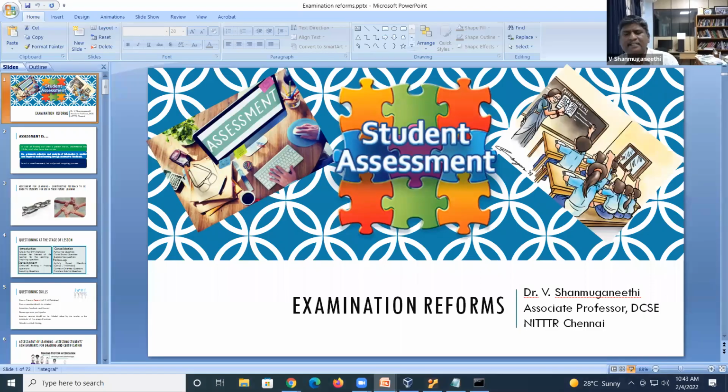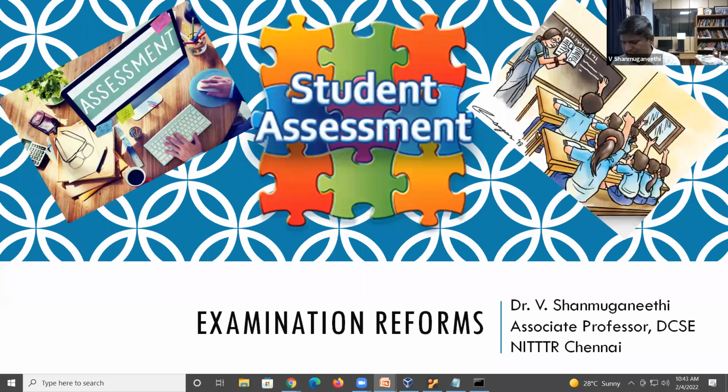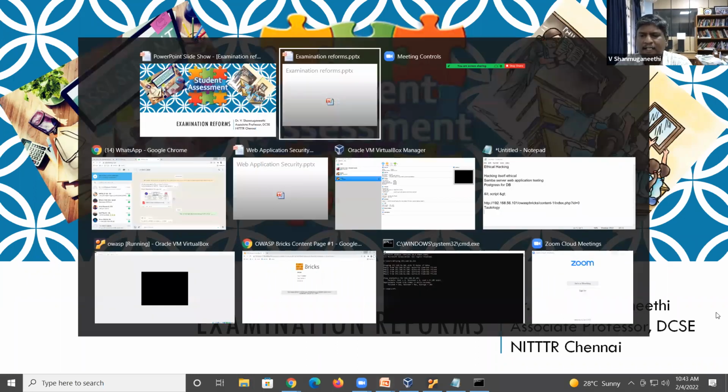Actually, AICTE recently uploaded a document, particularly for examination reforms. But there is always an argument among many academicians about the output of this. However, since AICTE is a regulatory authority, you can take the document. But mainly they talk about